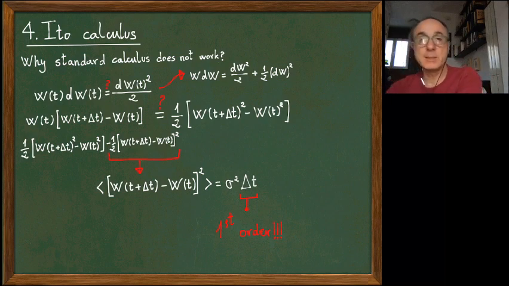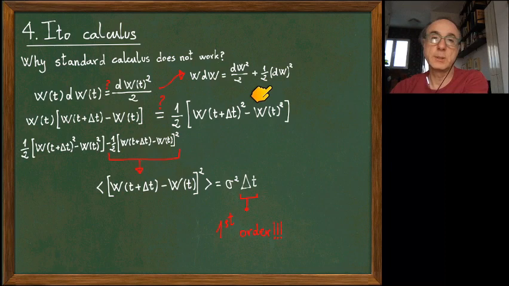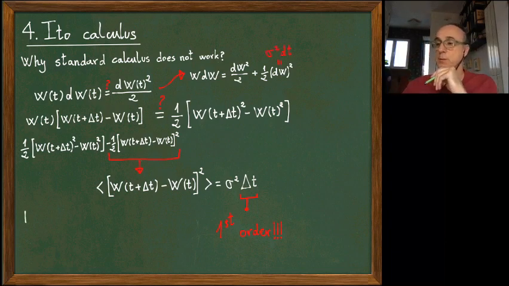So now let's interpret this one. This is what Ito did. Of course, in this course we will not give you a complete proof, but the idea is that this is a stochastic term in principle, but the only relevant term here is Δt, and this is deterministic. So this is in fact sigma squared Δt dt. And this is the whole story of Ito calculus.